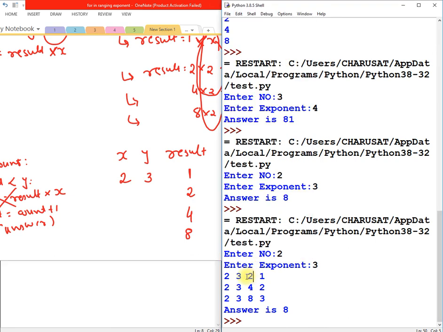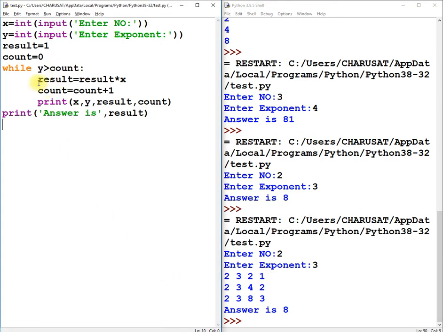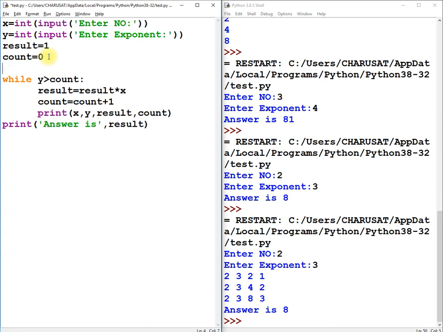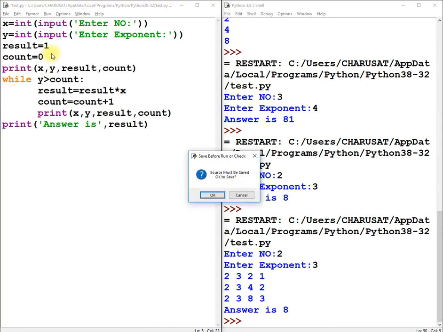Why is it directly starting with 2 1? Because we are printing it inside the loop. After these 2 lines of code execute, after that we are printing this. That's why when this line is executed, the result would be 2 and not 1. If I print it outside one more time, I will get the desired output.